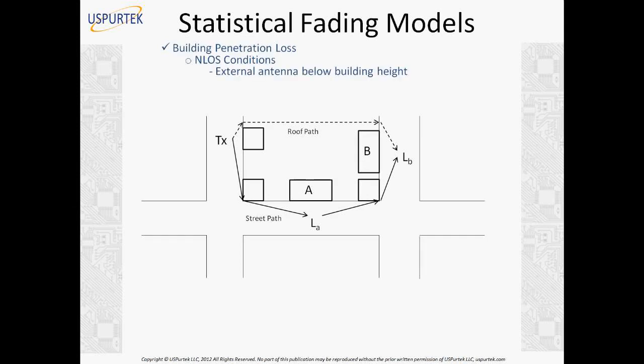And the second situation is when the external antenna is below the building height. Here you see there are two ways the signal can reach the other side of the street. One is